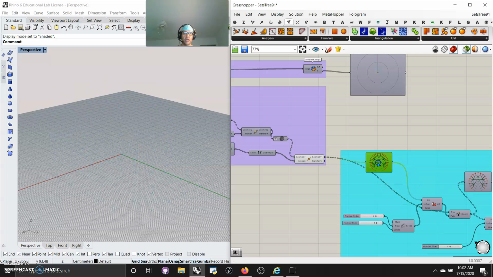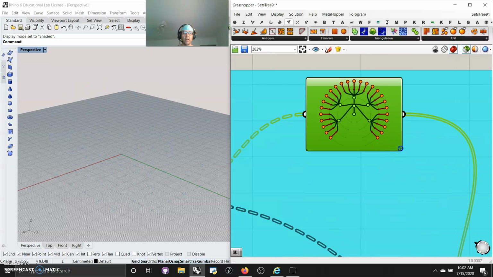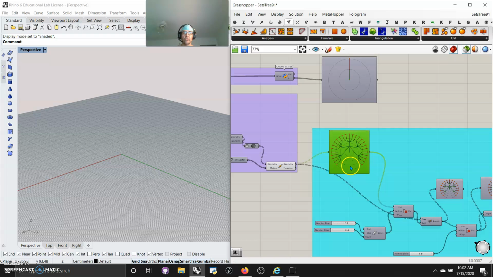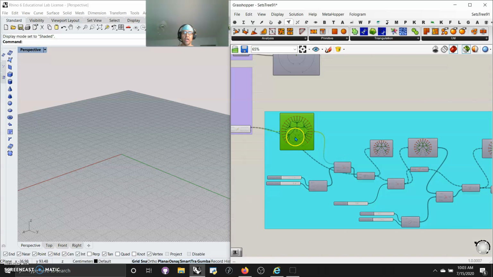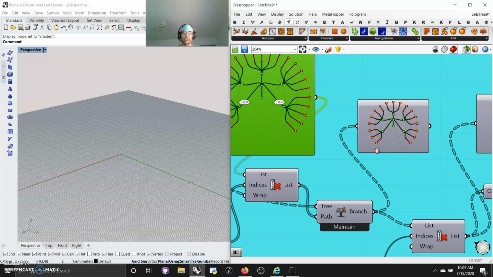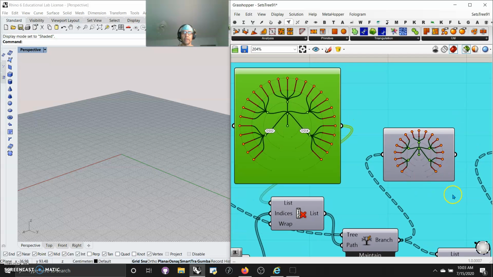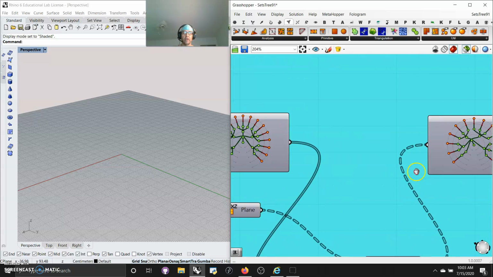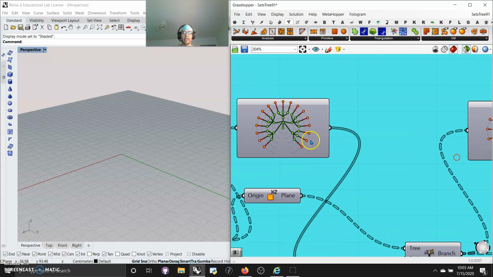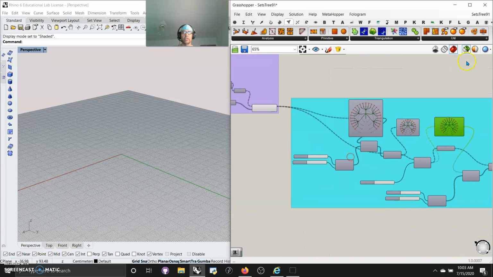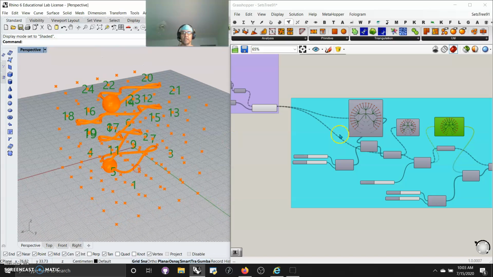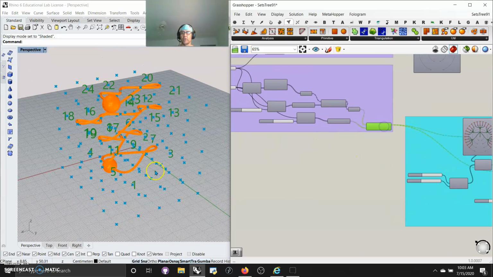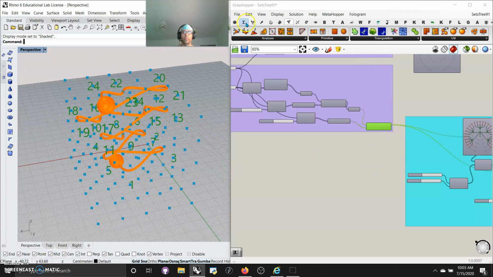The reason for that is I want a point system that looks like this. I want branches to my tree. And as you see as we go through this script, these branches change what they look like from this branch to this branch to this branch and over to this branch. And in the effects of that happening, what's happening is the geometry, the number system where the points are being selected, is changing. So initially, we have all the points, and we could put a display, which I recommend doing,